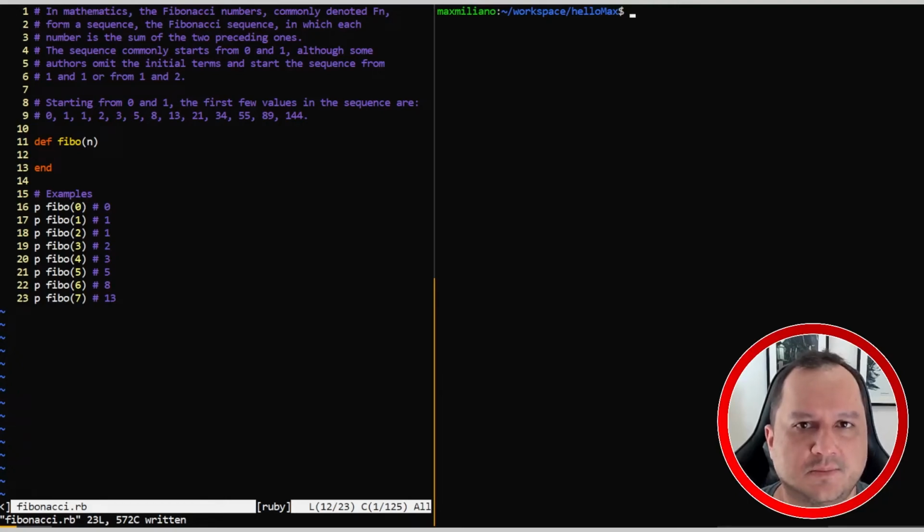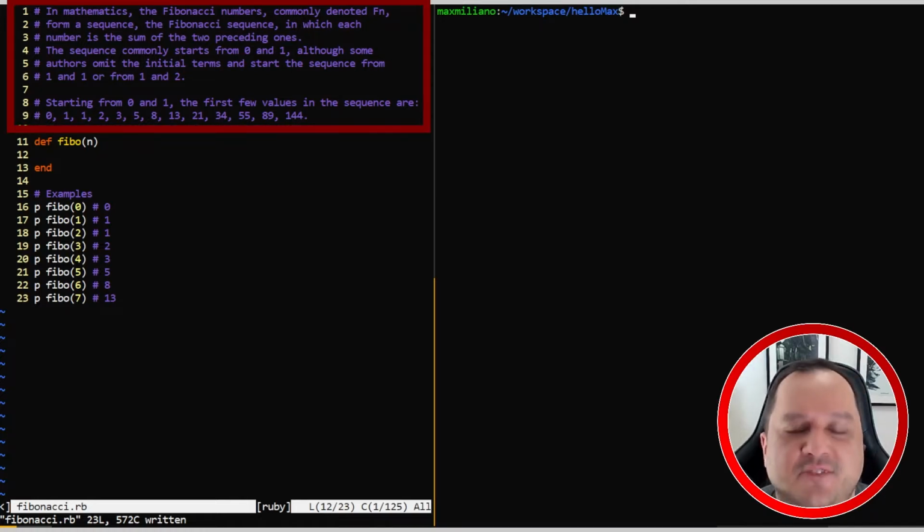Hello world, Max here again, and today I come with a new challenge, which is the Fibonacci number. It is very similar to solve as it was the factorial number. The approach we use is pretty much the same, we just change the formula for finding the number, and let's do it. First, the definition. In mathematics, the Fibonacci numbers, commonly denoted by Fn, form a sequence which is called